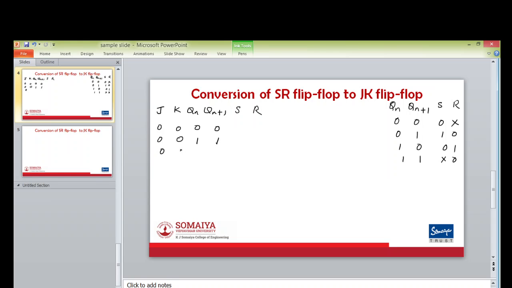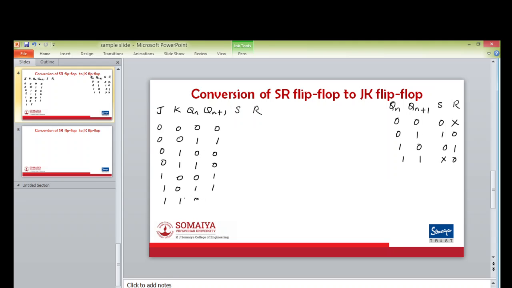For JK input 0, 1, present state can be 0 or 1, but irrespective of the present state, next state is 0. Again for 1, 0, present state can be 0 or 1 and next state will be 1 irrespective of the present state. And for 1, 1,